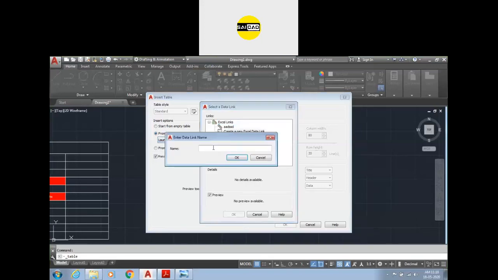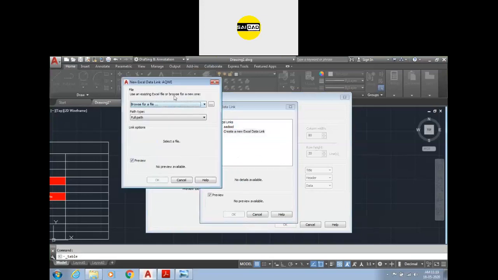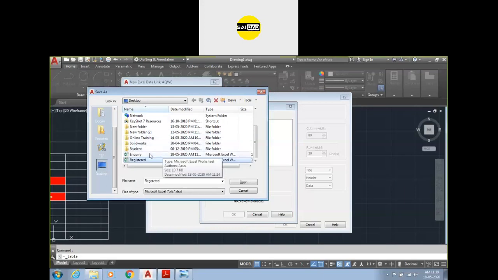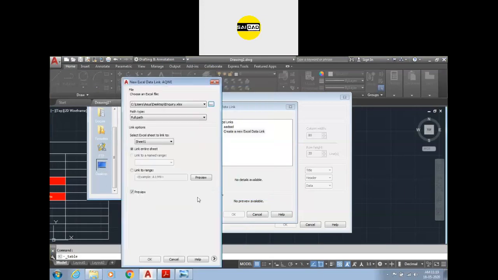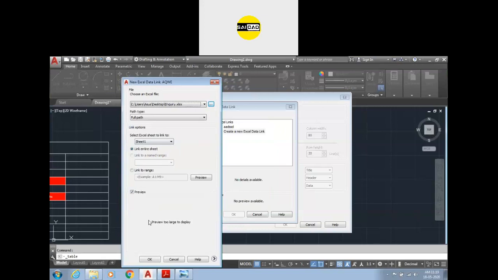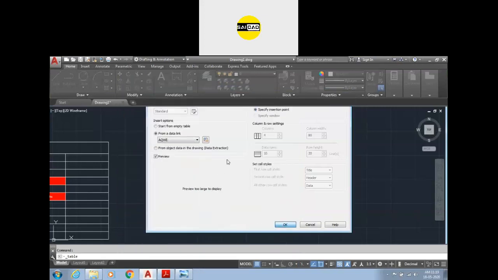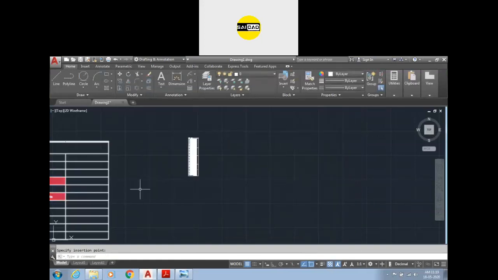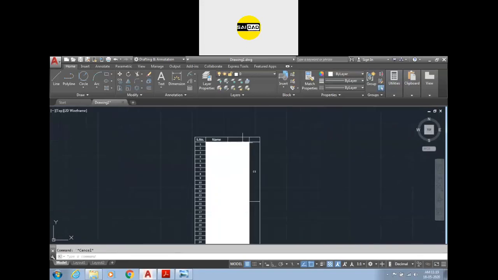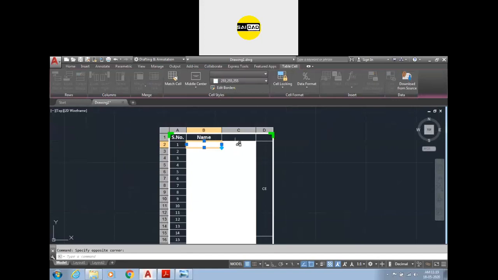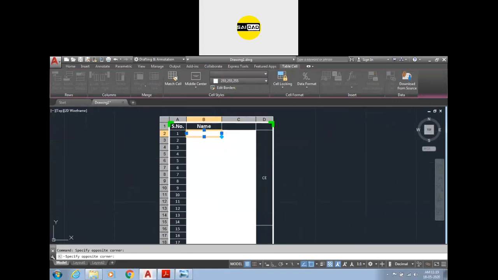You have to create a data link with a name. Okay, after that you will be prompted to choose a file. Go to the desktop, choose the file or go to the location, choose the file and select open, and you can just click OK and OK and OK. So the table will be with the cursor. Just click and you can see there is an Excel sheet with your cursor. Okay, so now if there are some problems, you can just select the sheet